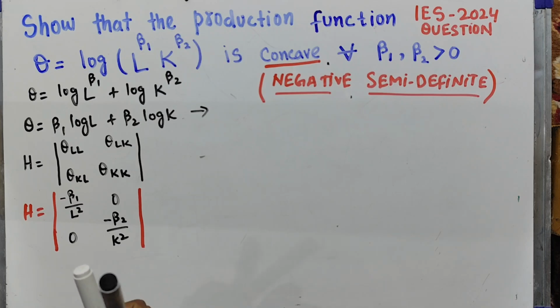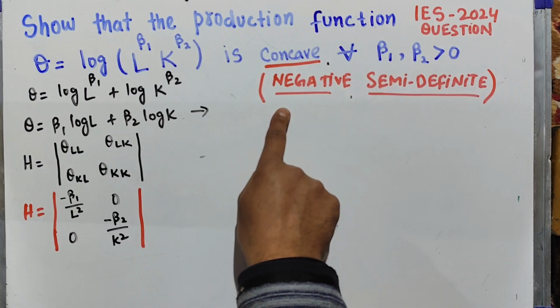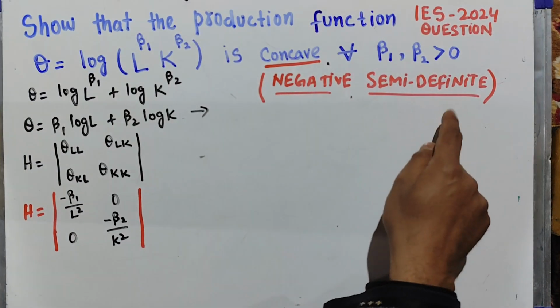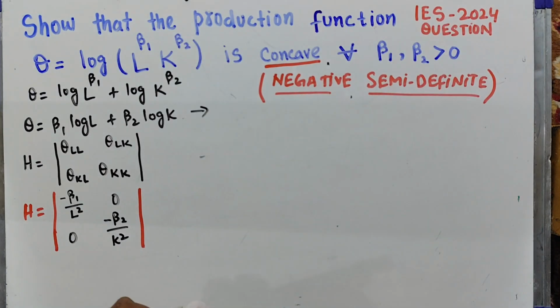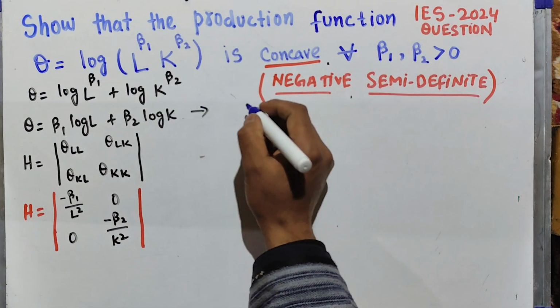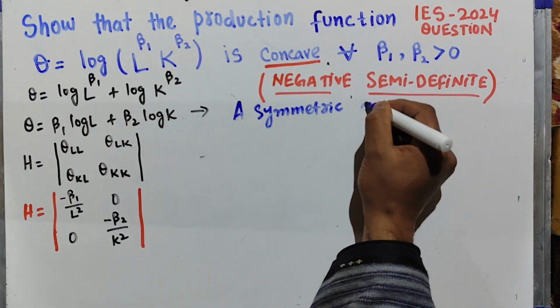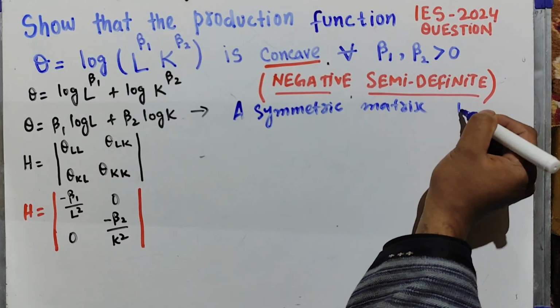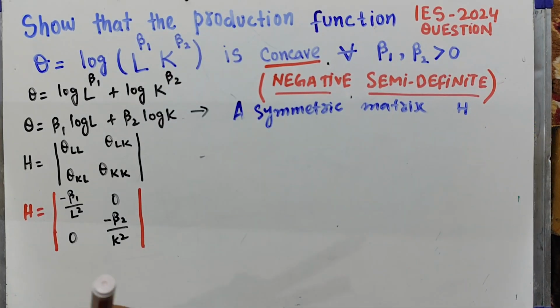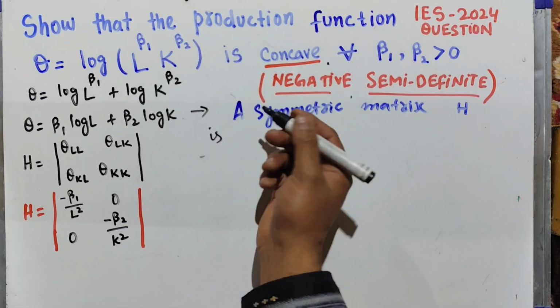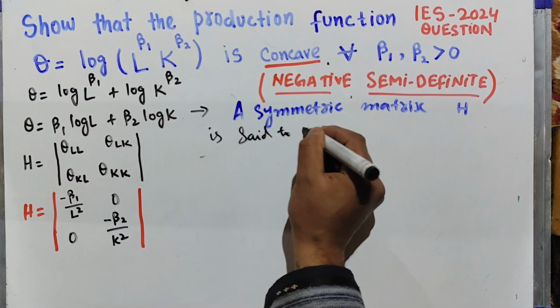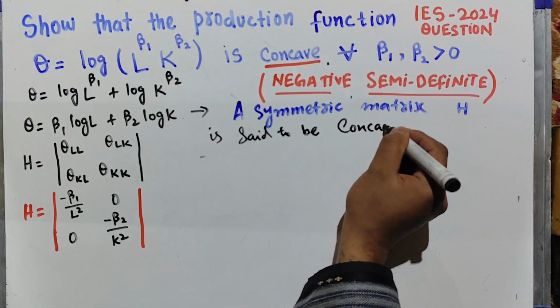Now I need to prove that H is concave. So I say H is concave only if it is negative semi-definite, and we say a symmetric matrix, in this case H, is said to be concave